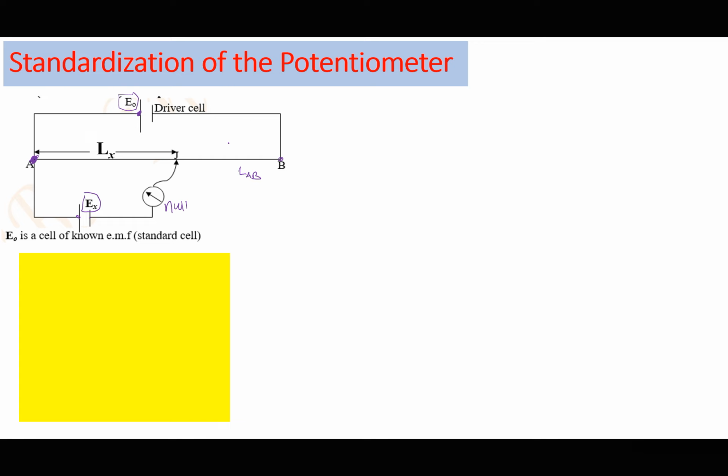That is the correct way of obtaining a balance. If I was to reverse this cell so that it points in this direction here, I would never get a balance point. There will be no time for which the galvanometer will read 0 in that case. If you connect this in the laboratory, you will also notice it very carefully,